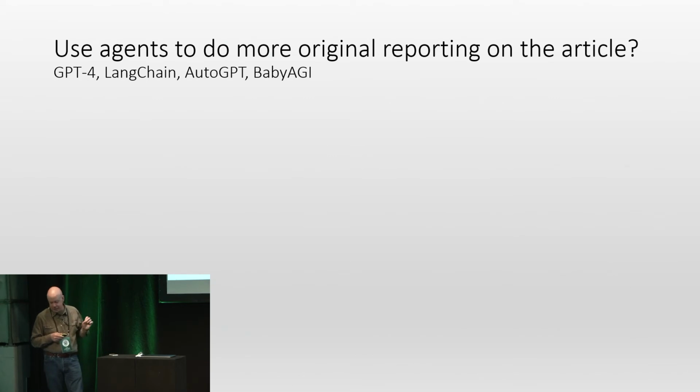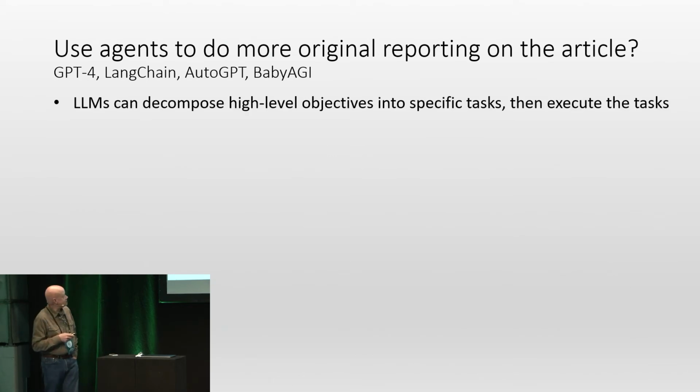So I don't have a fancy demo for this one because I couldn't get it working in time. But essentially, this is a thing I'm working through at the moment around using agents. Agents are a big deal with large language models right now. Essentially what they do is they enable you to use the large language model in a chained way. You can give these agents very high-level instructions, and they can decompose those into specific tasks, and then they can go out and do the tasks, and then bring